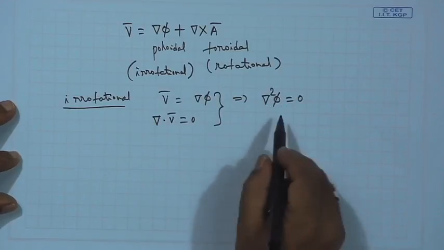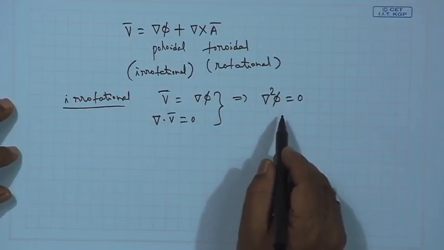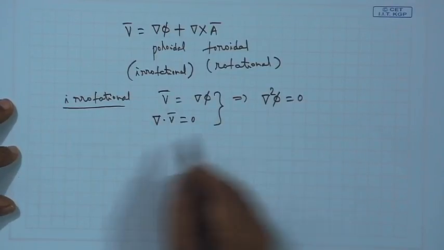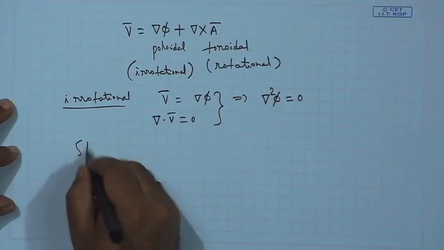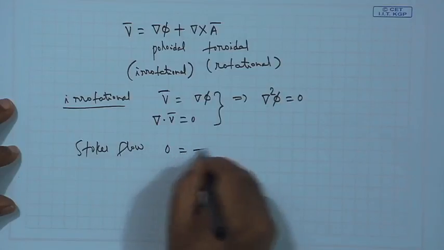Which means phi is harmonic. That means, when we consider Stokes flow